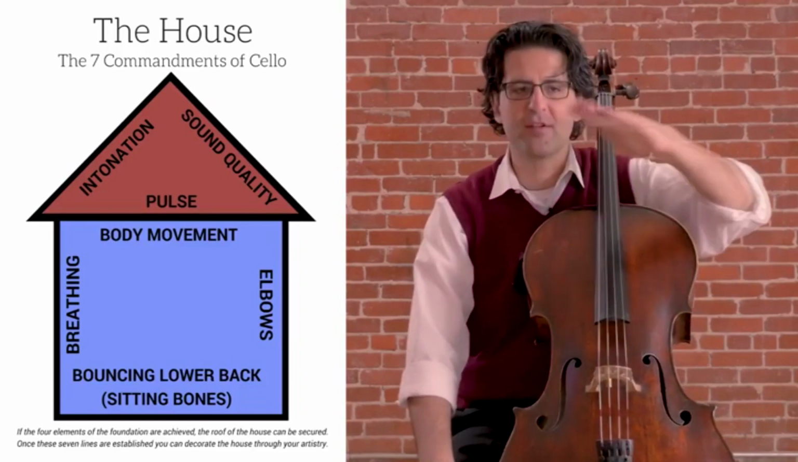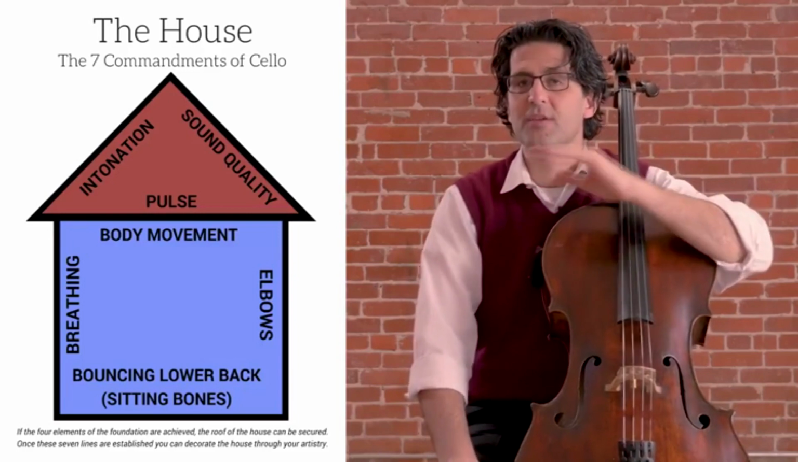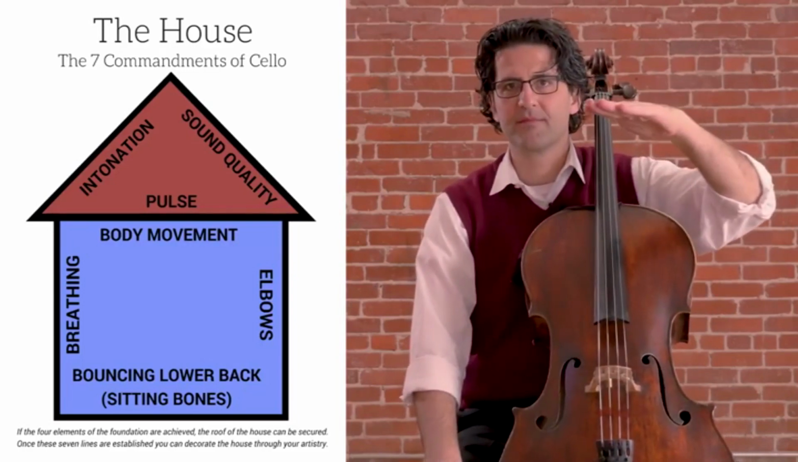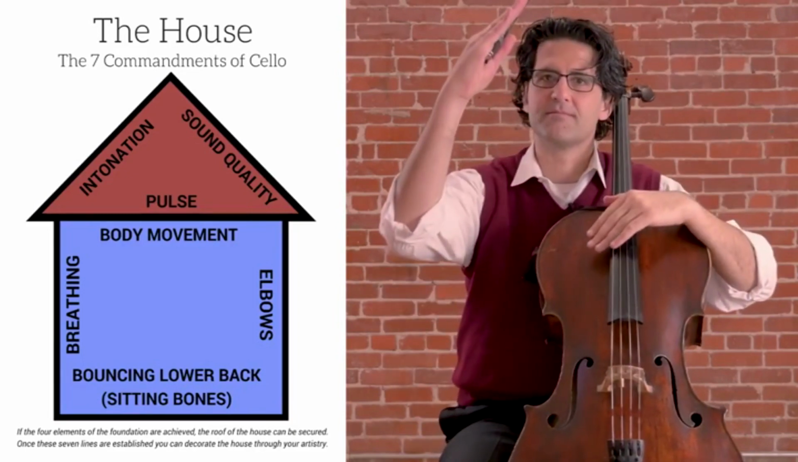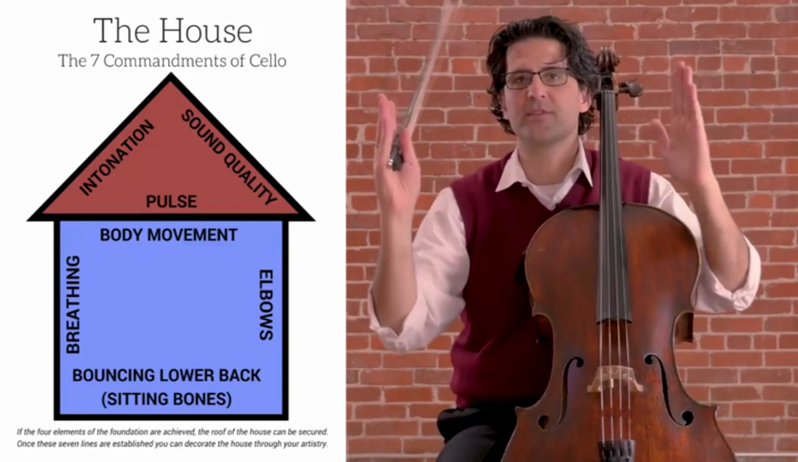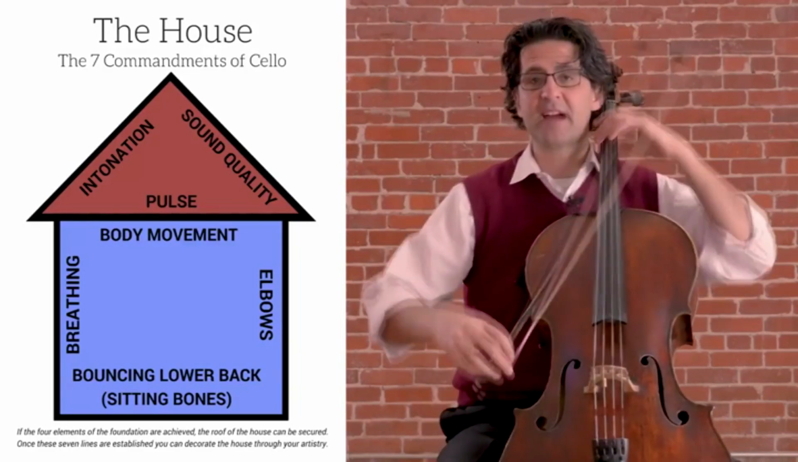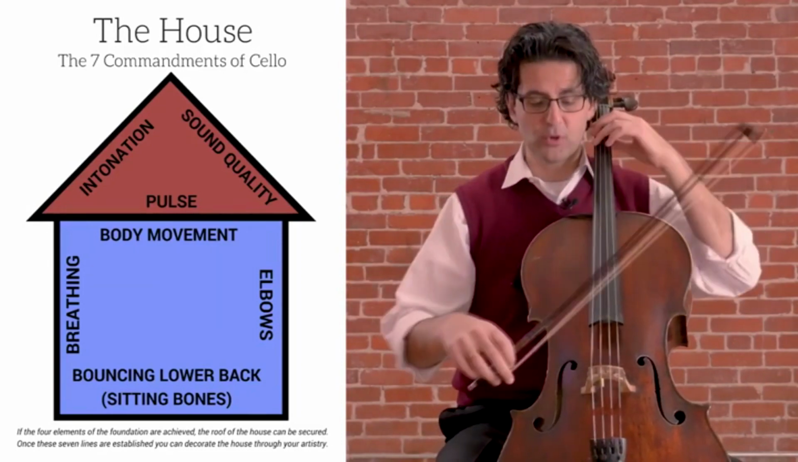Now, if we have those 4 fundamentals, we can start dealing with the roof. The roof of the house is sense of pulse, quality of sound, and intonation. That creates a house. If a performer playing the cello can achieve that comfort zone with those 4 fundamentals, building on top of it beautiful sound